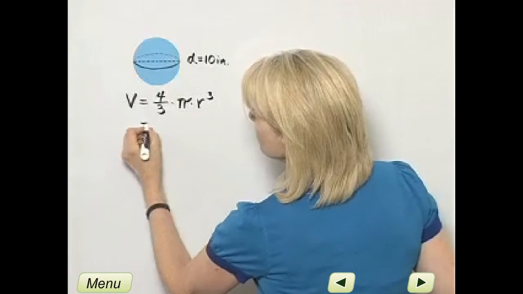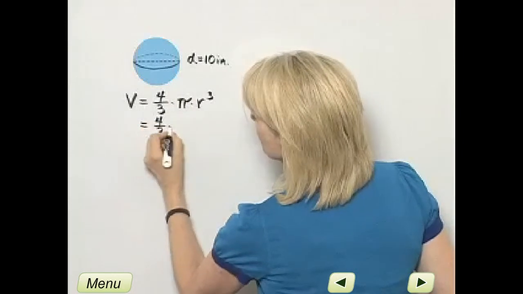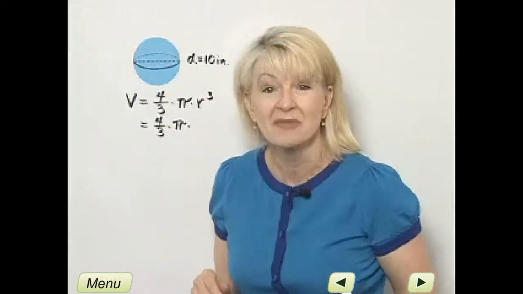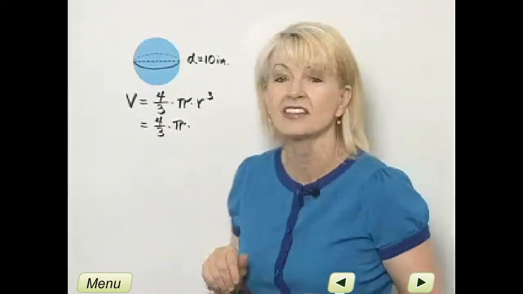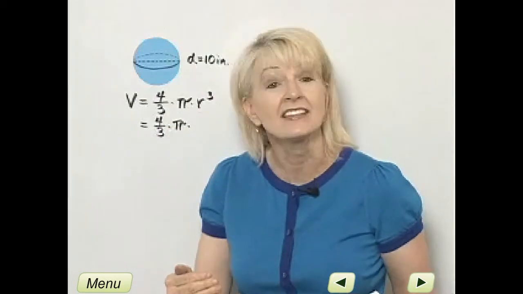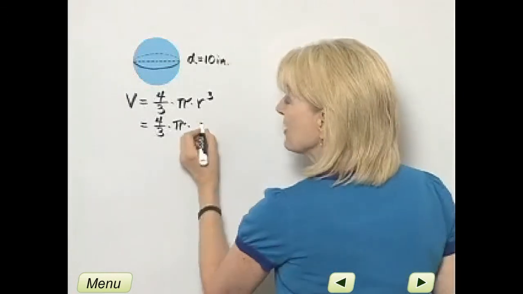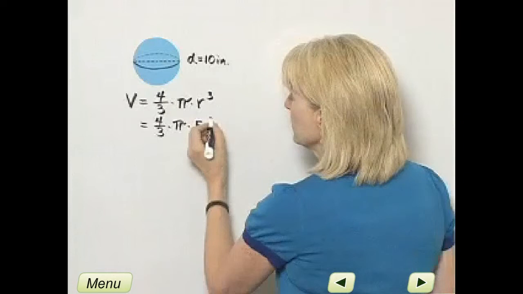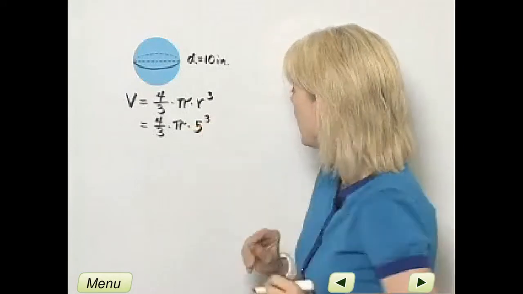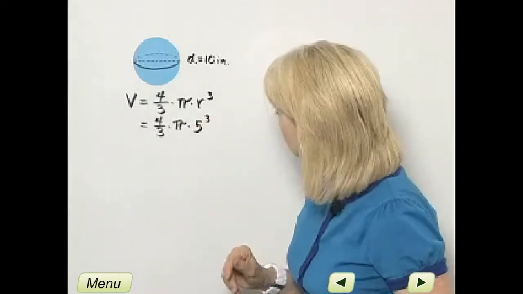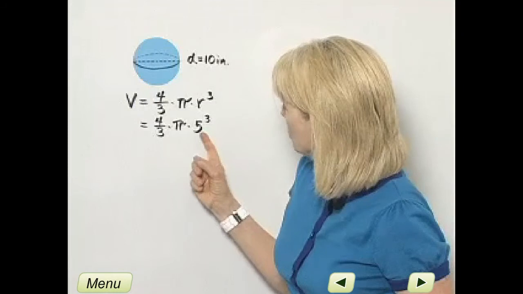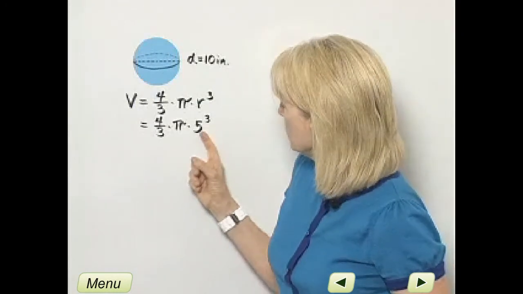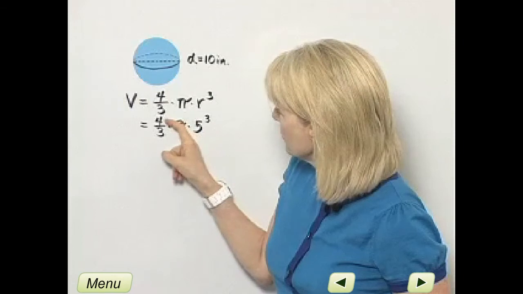So this volume is equal to 4/3 times pi times, now if the diameter of this sphere is 10 inches, its radius is half that, so the radius is 5 inches. Now I'll write cubic inches when I'm through with the formula, but right now I'm just going to write the 5 down, and let's continue then. Let's see, 5 cubed is 125, and 125 times 4,